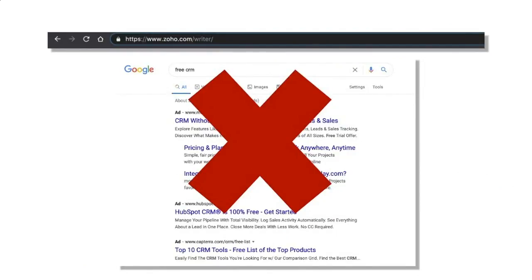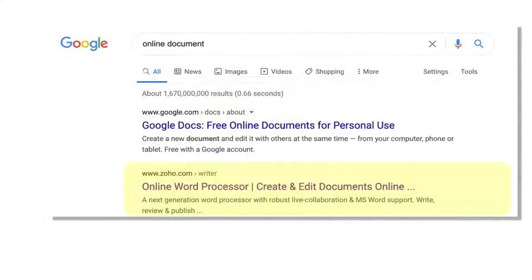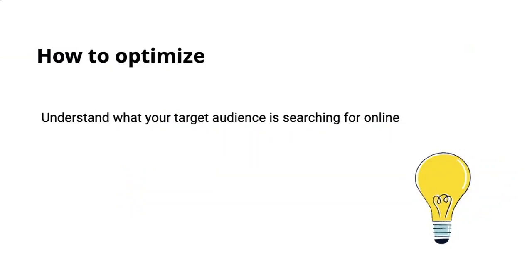Optimizing search engine results to work in your favor by bringing your content, your web pages to the forefront of the results organically. So not by typing in a URL, not by paid advertisements, as you can see here with the little bold ad. It's by, as a consumer, being able to type in these keywords, online document, or whatever you're searching for, and it automatically pulls up these results completely organically.